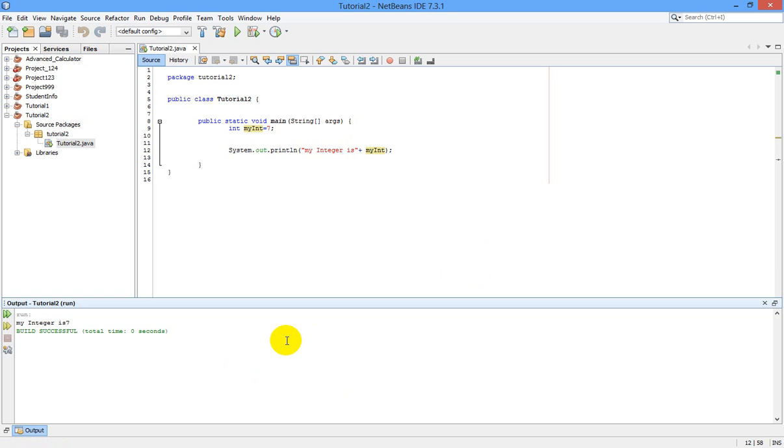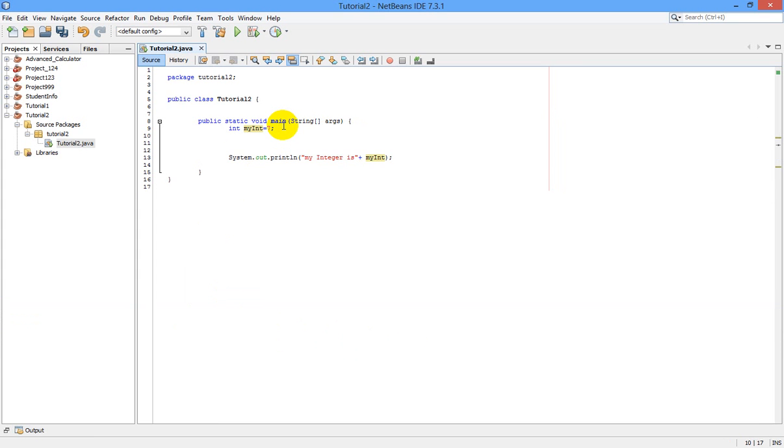Now I am going to show you how you can output text and work variables into it. And one last thing, suppose you have a double variable, say double my double is equal to some value, say 8.89.